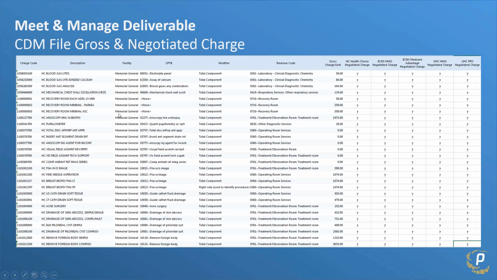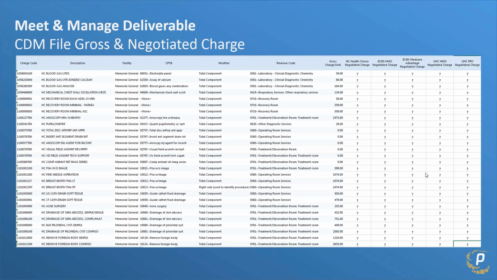And again, for those multi-facility organizations, it should be facility specific in terms of the codes with your CDM file. Now, as previously noted, CMS has also expanded the definition of charge to now mean the gross charge that we've listed back on 1/1/2019, along with the negotiated charge for all contracted payers and plans.